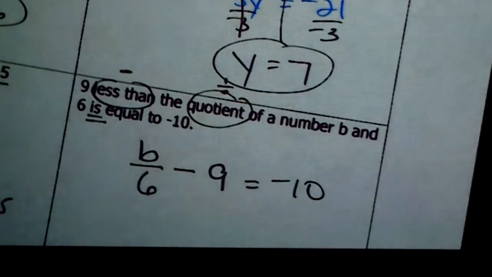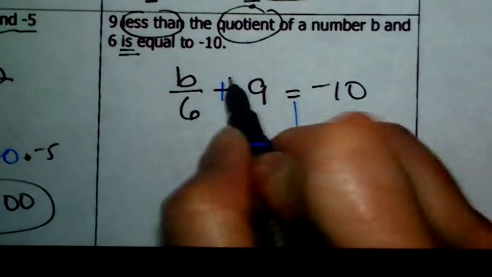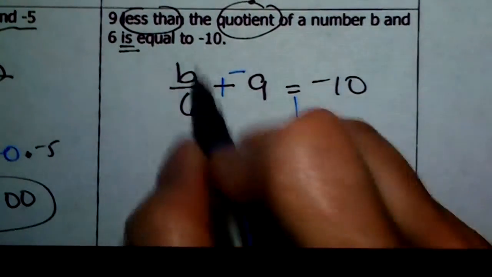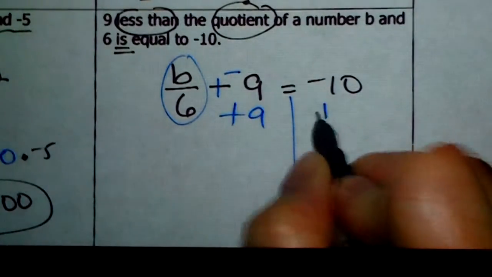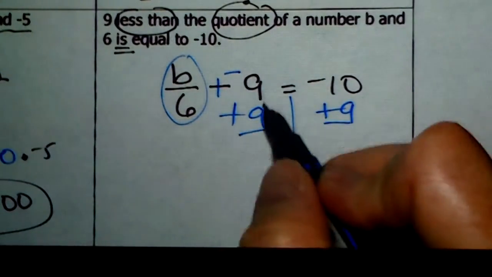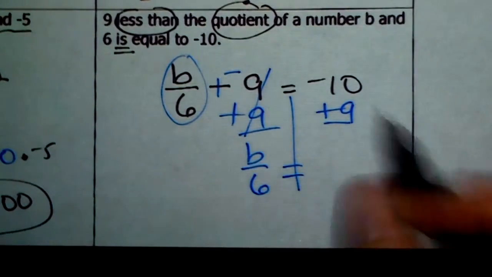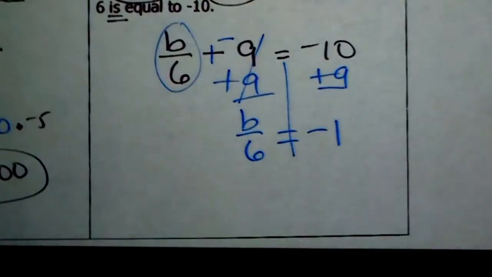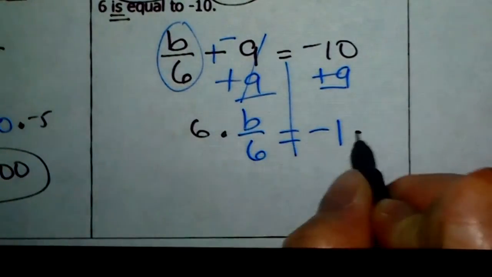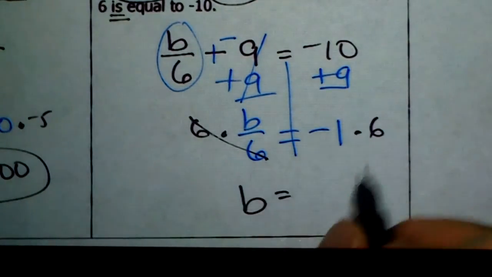Ready to solve it. Whoa, sorry. Got a little crazy. Draw the line, change the sign because it's subtraction. I want b over 6 by itself first because it's a variable term. Add 9 to each side. Negative 9 plus positive 9, gone. We're left with b over 6. Negative 10 plus 9 is negative 1. Now we need that 6 to go away. We're going to multiply both sides by 6. And b is negative 1 times 6, which is